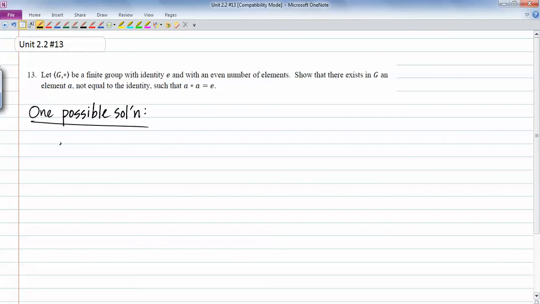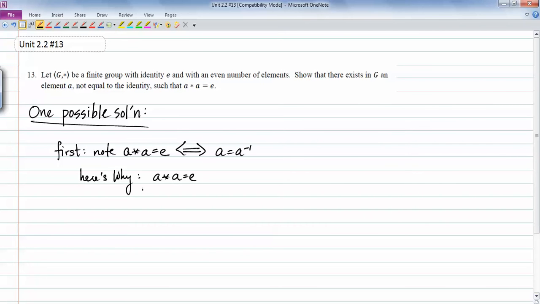Okay, so first, I want to note something. First, note A star A equals E means the same thing as A equals A inverse. And here's why. So if we start with A star A equals E, and then I multiply both sides on the right or on the left, it doesn't really matter, by A inverse,